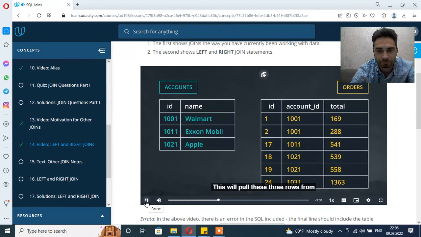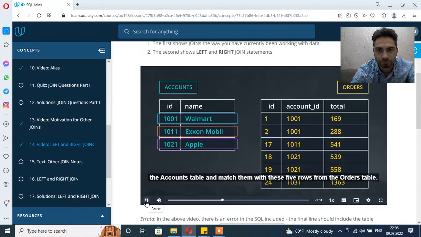This will pull these 3 rows from the accounts table and match them with these 5 rows from the orders